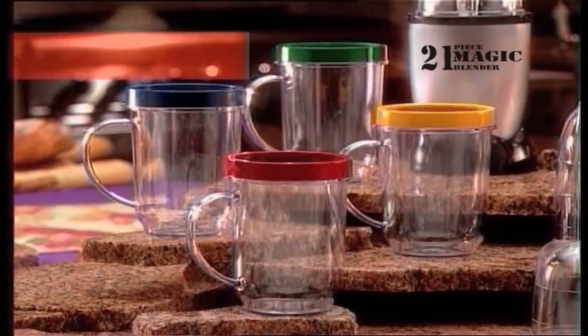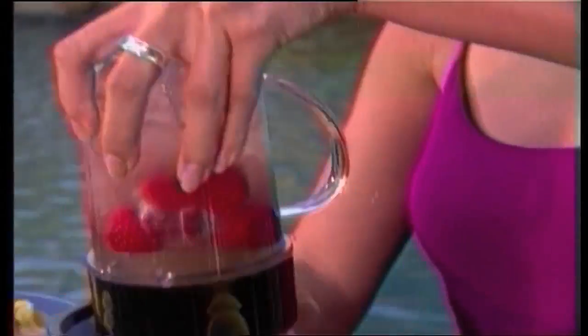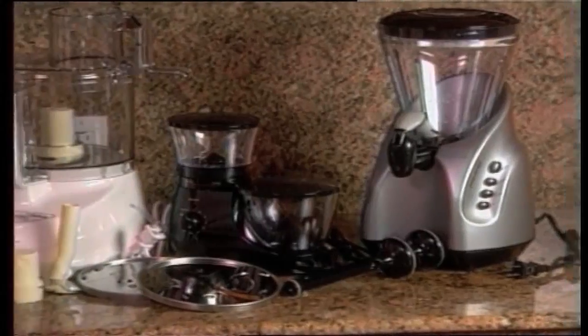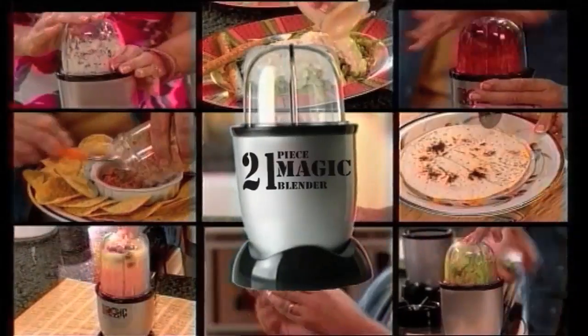And only the Magic Blender comes with these self-blending party mugs, turning your Magic Blender into the ultimate party machine. Now, making a different frozen cocktail for everybody is easy, so everyone gets their favorite, made and served right in the same mug. You could spend hundreds and hundreds of dollars on a counter full of kitchen appliances that still won't do everything the Magic Blender